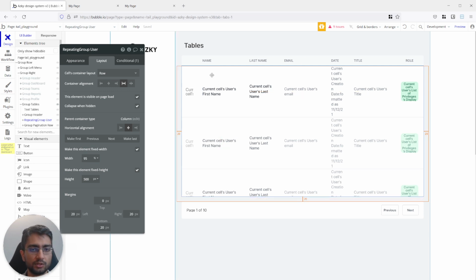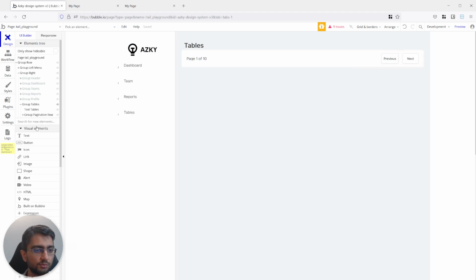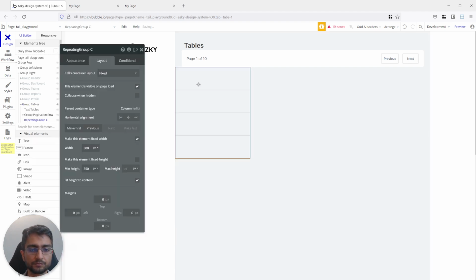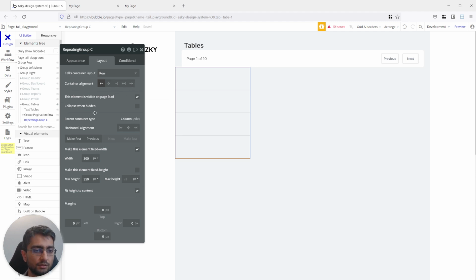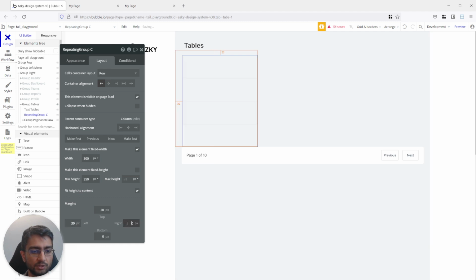Here's the editor. I'm going to basically start from scratch. So let's start with the repeating group rather than the header. Okay, so one repeating group, container layout, our elements are in a table, so they're in a row. Okay, and let's first align the whole repeating group. So let's move it to previous, give it margin from the table heading,